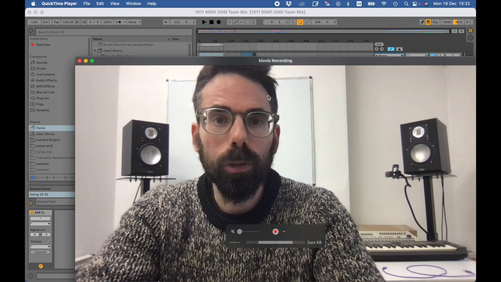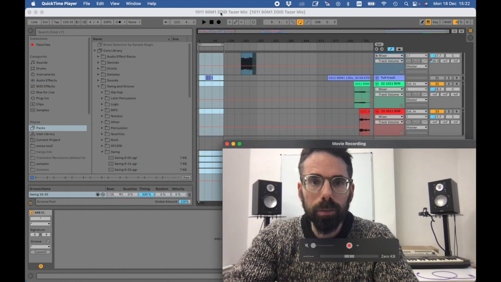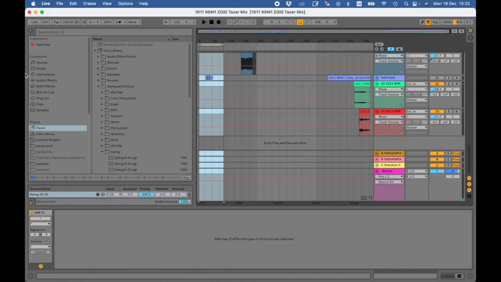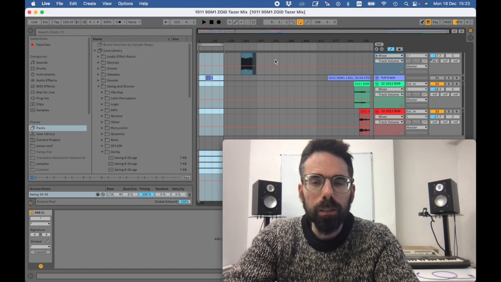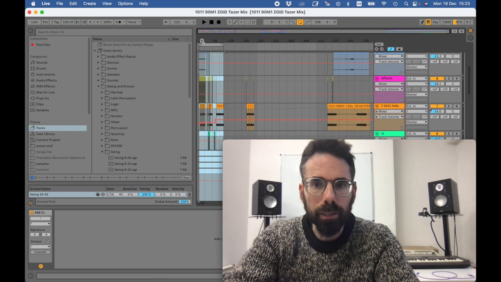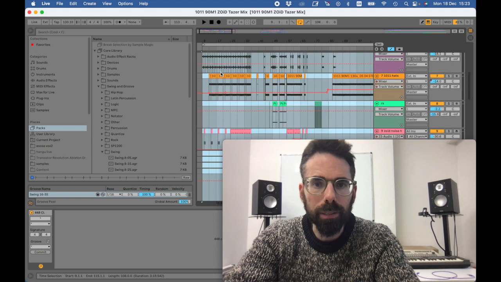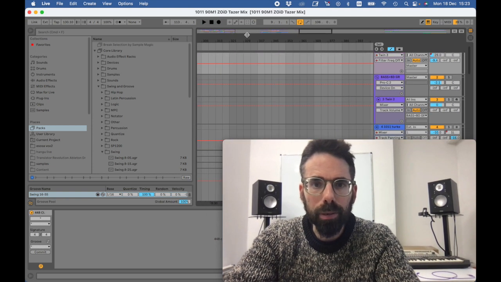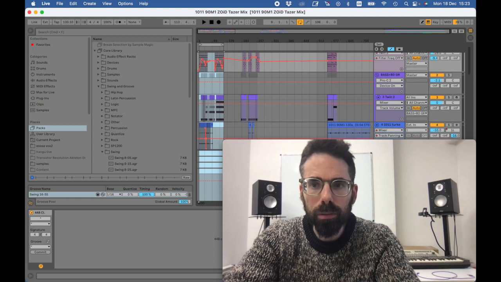So first of all, let's make this window a bit smaller. Let's jump into my Ableton project. Oh, this disappeared. One sec, float on top. Right, so this is my project here with the remix, but this is after several sessions. So I'm going to show you how I approached this remix from the very beginning. So what I did was